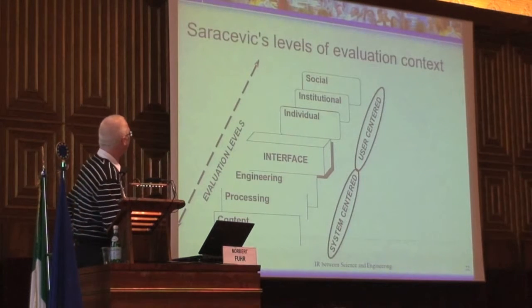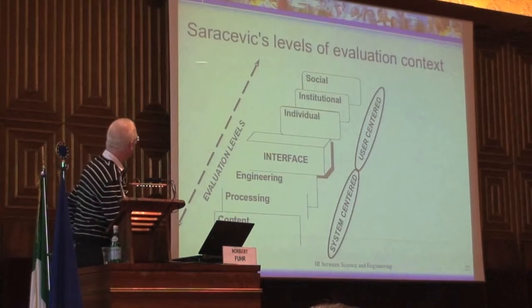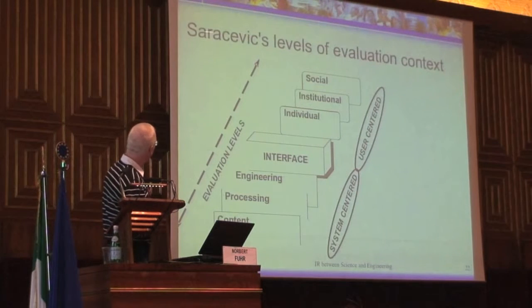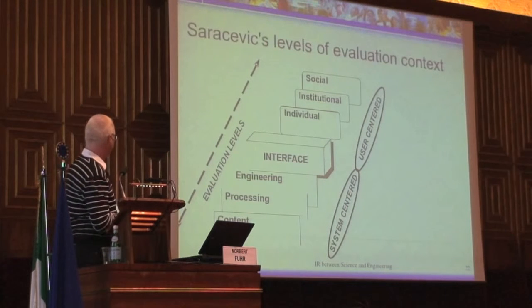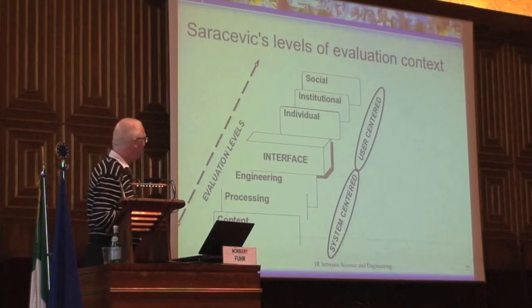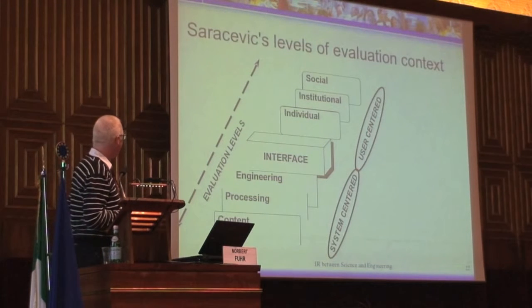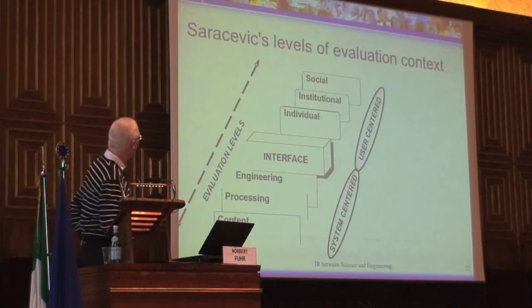So to summarize this discussion about context, I'd like to use this figure published by Zarachevich and Kovi some years ago. He did this for the area of digital libraries, but I think it's also applicable to IR systems in general. So he has a stratified model of